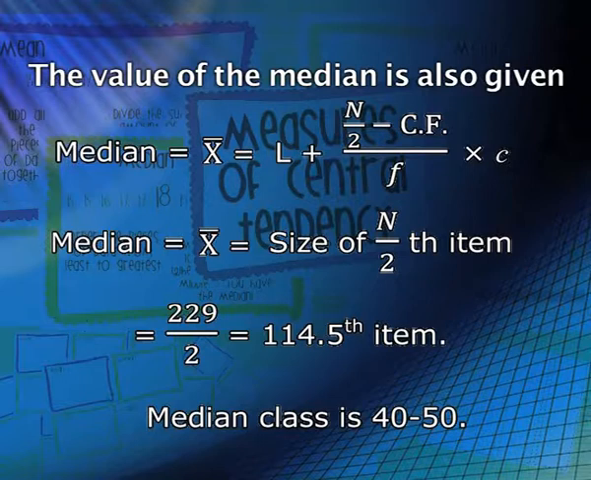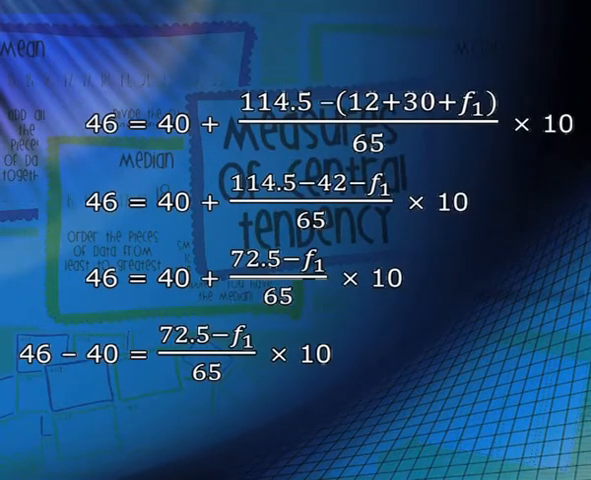Now the value of the median is also given by the formula median equals to x bar, which is equal to L plus n by 2 minus CF divided by F times C. So we'll apply this formula. Median is equal to x bar, that is equal to size of n by 2th item. So this is equal to 229 divided by 2. So that is 114.5th item. Median class is 40 to 50. Now let's apply the formula, and after applying the formula we have 46 equals to 40 plus